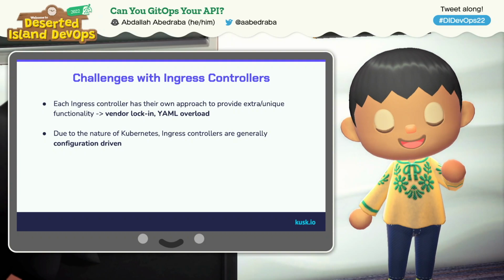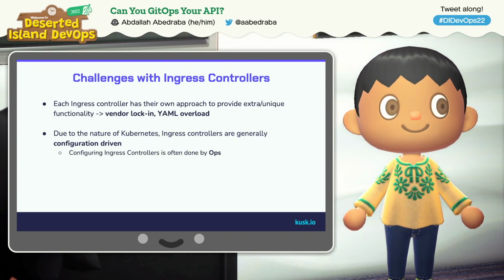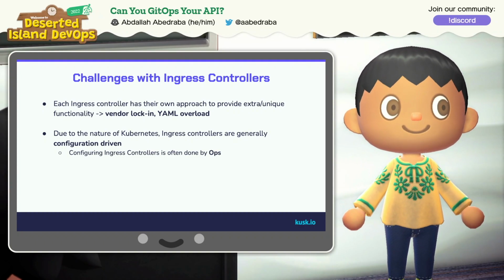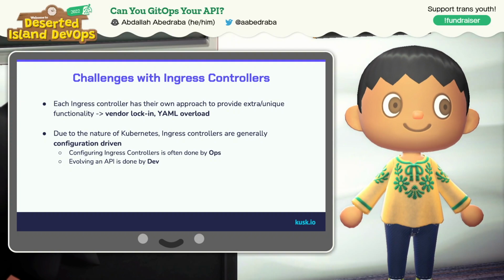And then, due to the nature of Kubernetes, ingress controllers are generally configuration driven, as we said before. So we want that configuration of the ingress controller to be managed by the devs, but it's usually done by the ops team, and the devs then would work on evolving the API.